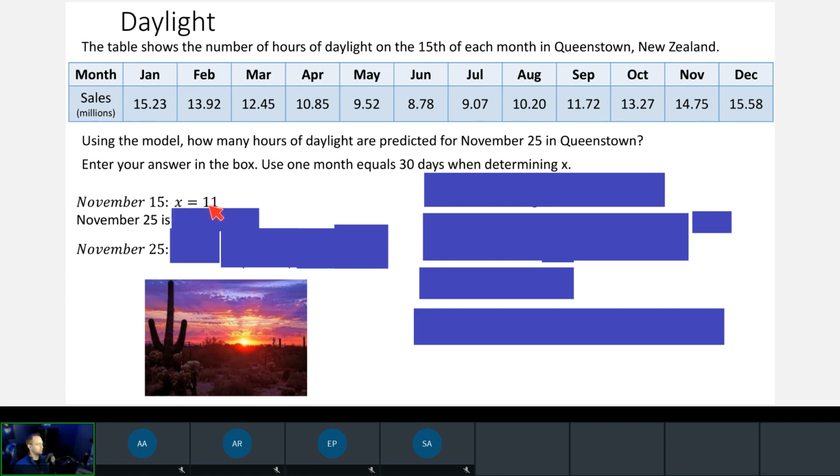So x equals 11. November 25th. What about November 25th? What are some things we need to know about that day? Observations: the 25th versus the 15th. Yep, it is 10 days later. That is what I was looking for. The 25th is 10 more days. So